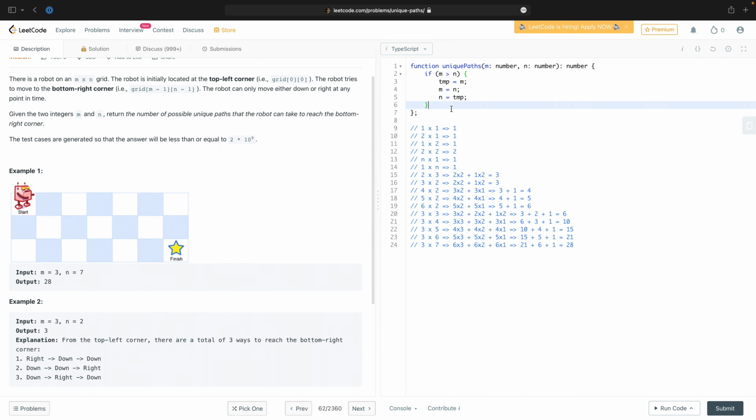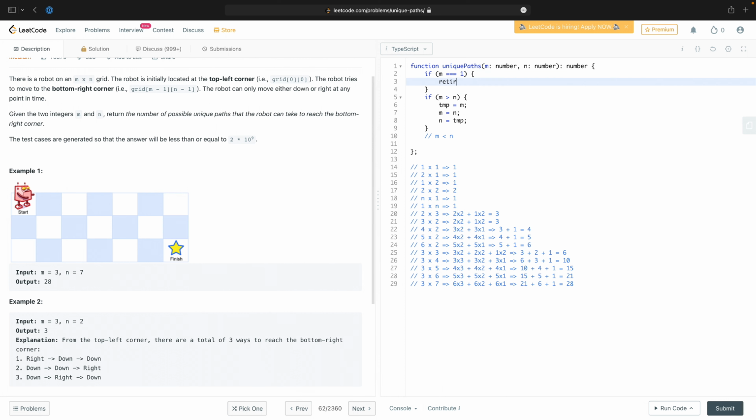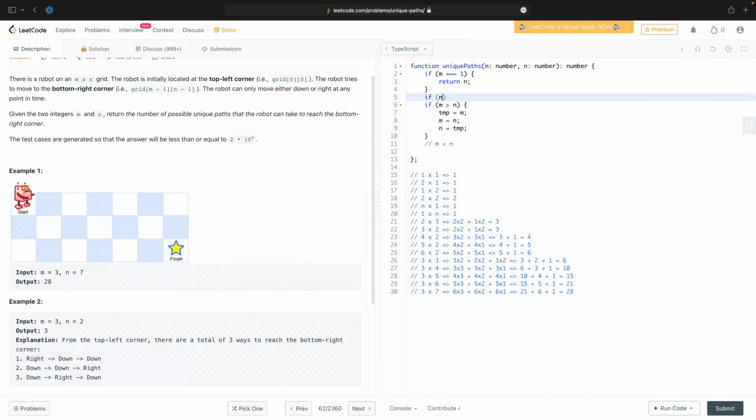All this does is ensure that m is less than n. So now we're in this case here. In fact, no, hang on. If m is equal to 1, return n. If n is equal to 1,